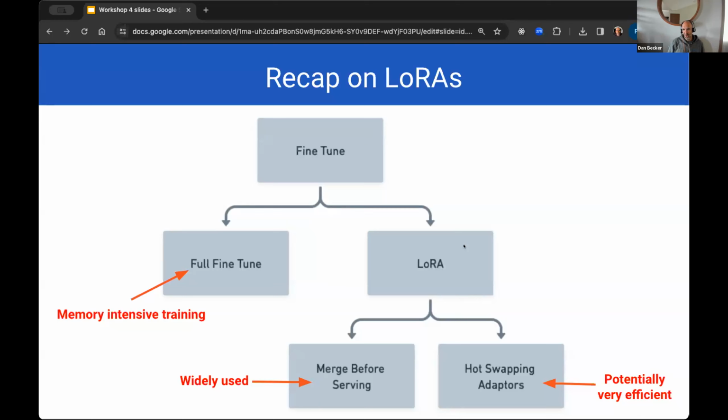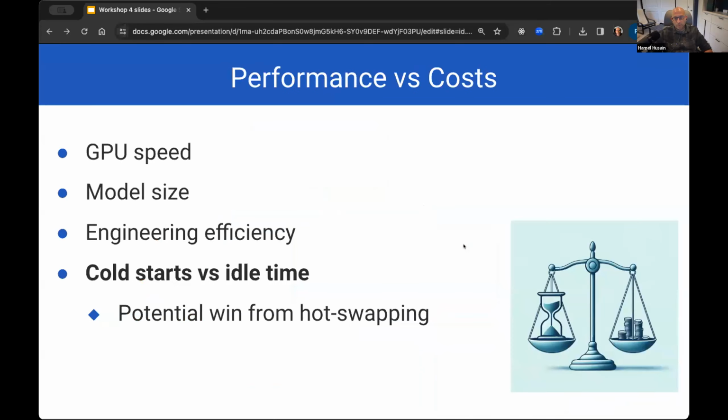And arguably the new hotness is this hot swapping adapters, and that has some potential efficiencies, especially for someone who is serving many different models, or rather many different adapters. And the reason it's widely used is